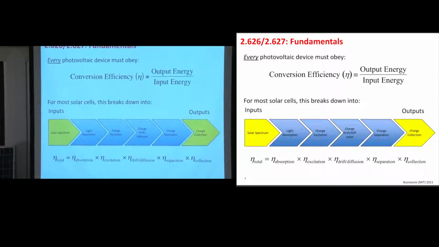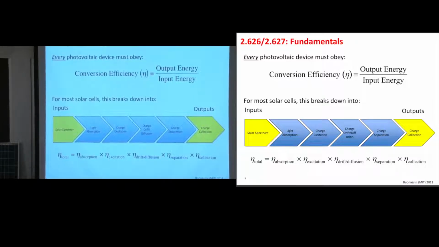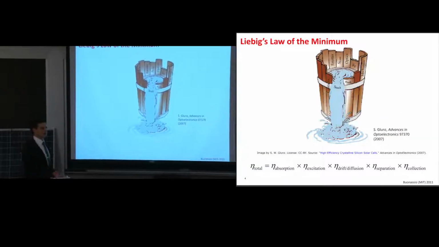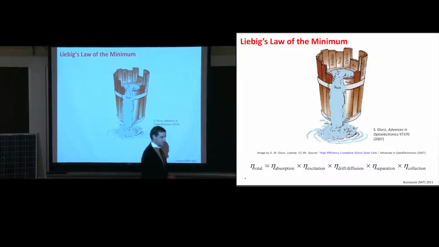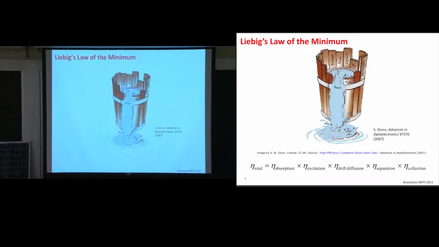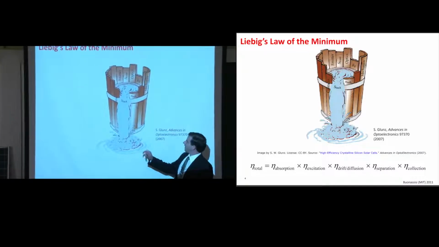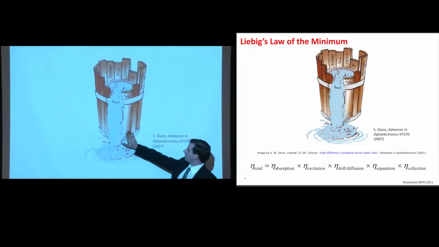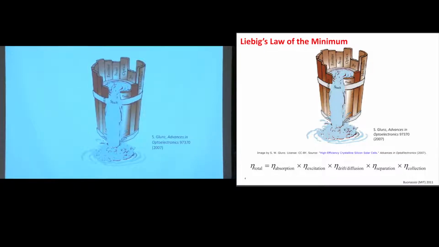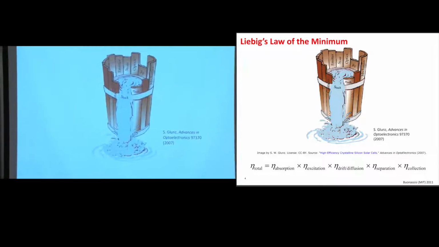And so if you're making a solar cell device, and I know about a third of you are, based on your background surveys, this diagram right here will ring true to you. It's Liebig's law of the minimum. What this is representing is a barrel that has water being dripped into it, and the water will flow out of whatever piece of wood is the shortest. And in the case of a solar cell device, you can ascribe a certain name to each of these pieces of wood. We'll learn what each of those are with time. But one of the big ones is optical losses. And the optical losses tend to be rather severe on some of our lab scale cells. So one of the easiest ways of boosting efficiency is simply to take care of your optical losses and to minimize